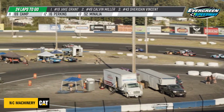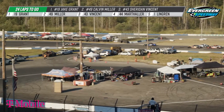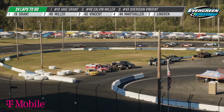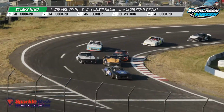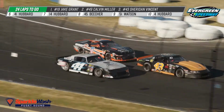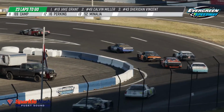Now you see Marthaler going to the outside of Sheridan Vincent as they head out of turn number 2 down the backstretch. But look at Jake Grant out there and alone in front. Yeah, Marthaler so close to a championship last year. Had a little bit of a rocky start to the season, but now he's firing on all cylinders. You see him hanging to the outside, trying to get around Sheridan Vincent, trying to get into a podium spot